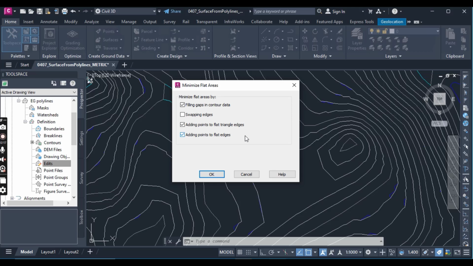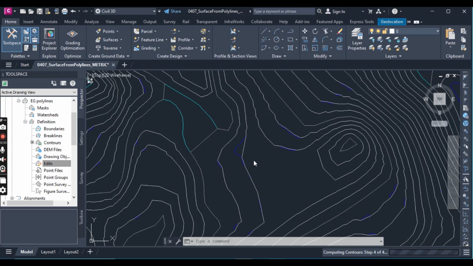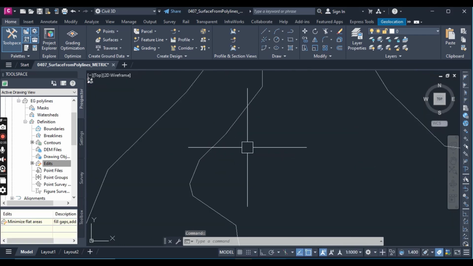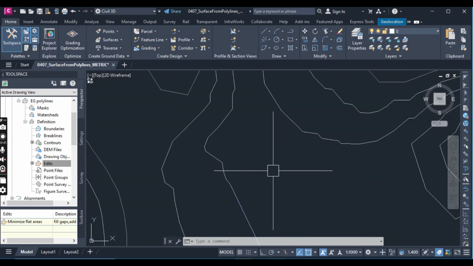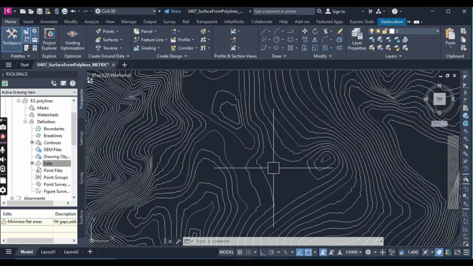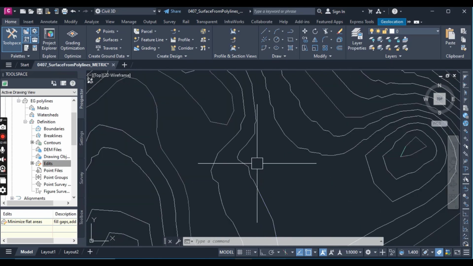Now note that the dialog has some options found in that portion of your original Add Contour Data dialog. So click OK to accept all of them. Okay, when you click OK, you will see some difference. Now you can see here we have much more accuracy, so it's not like before, and our contours are now matching the original polylines which we used to create